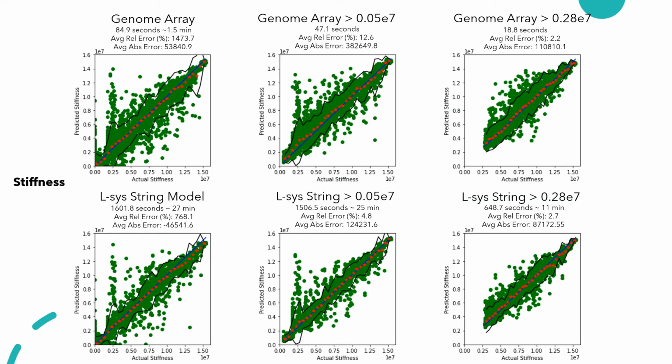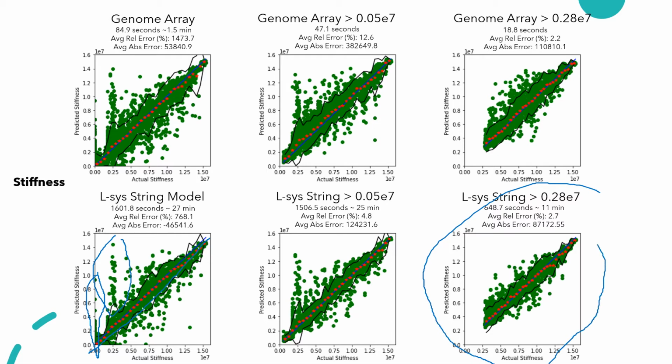Here are the results for predicting stiffness training with the initial genome array versus the L system string. Taking a quick look between both models, the L system string models are much narrower, with the points within 2 standard deviations lying a lot closer to the ideal line. If you notice, there are also 2 vertical columns that contribute to most of the error, so I decided to train without the data at these points and ended up with the last model you see here, where the outliers